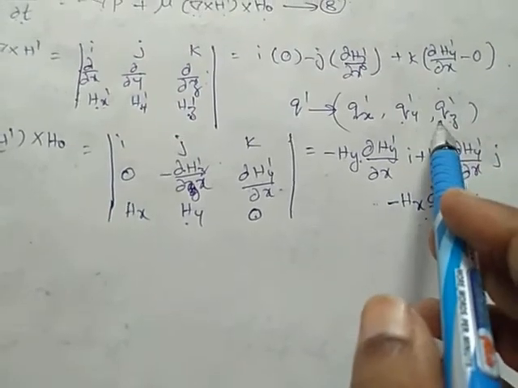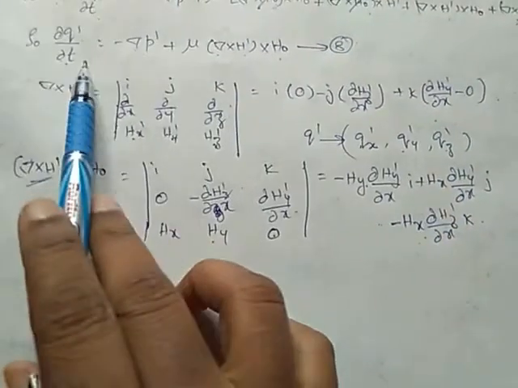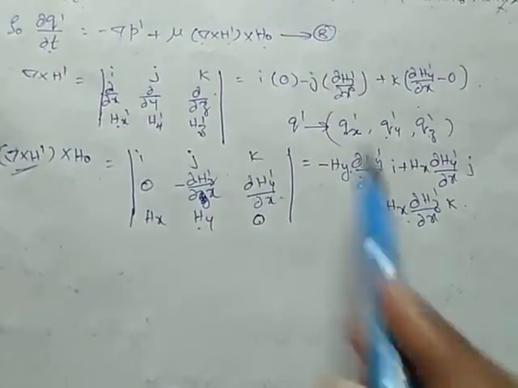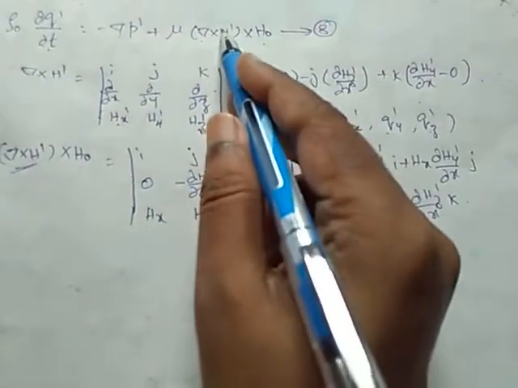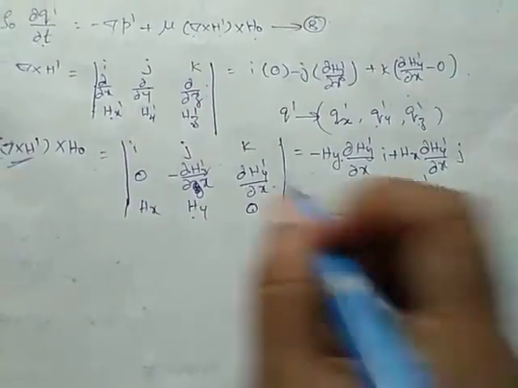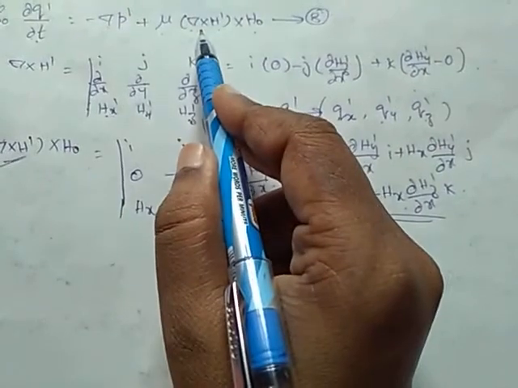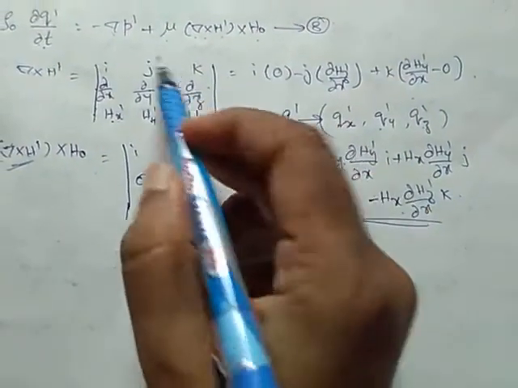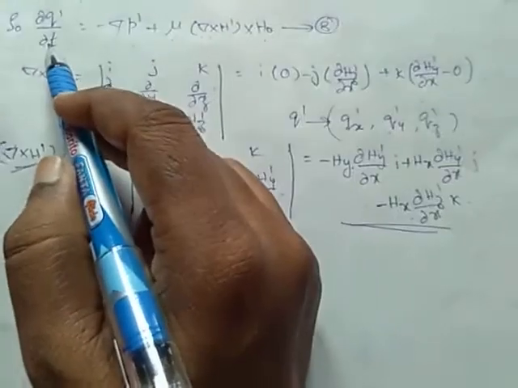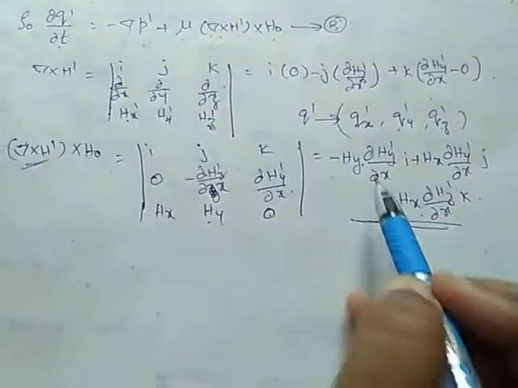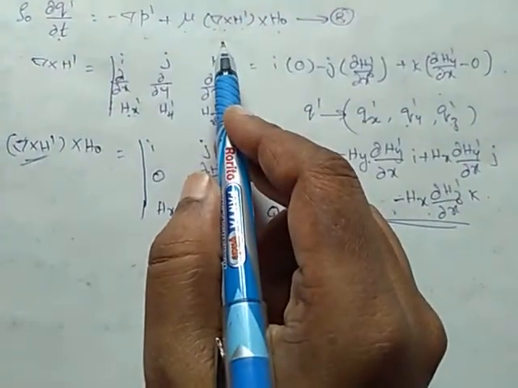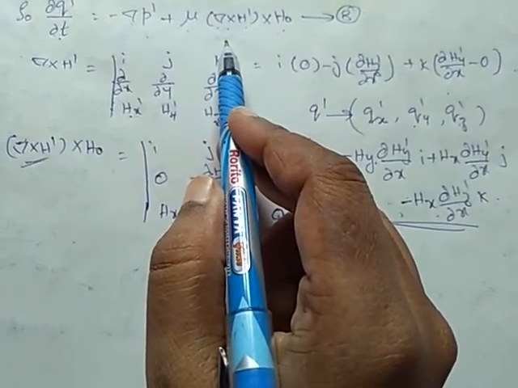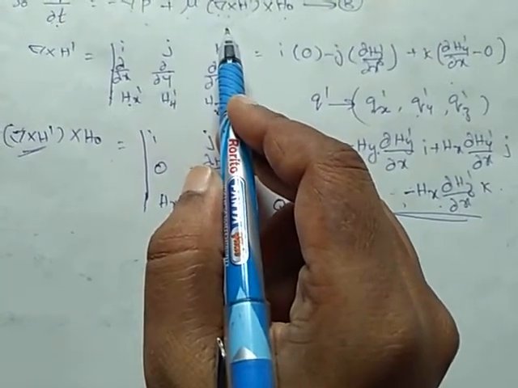So we are going to equate the i terms on both sides. Here for mu del cross h dash cross h naught, for p, and for q also we are having an i term. So when we substitute this and equate coefficients of i, j and k, we will have